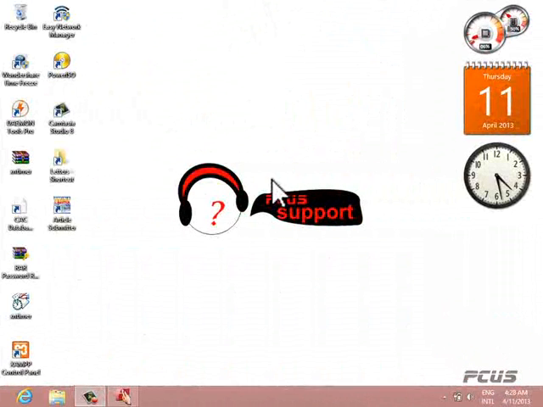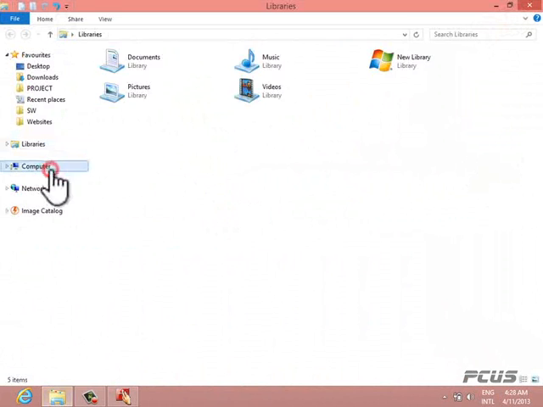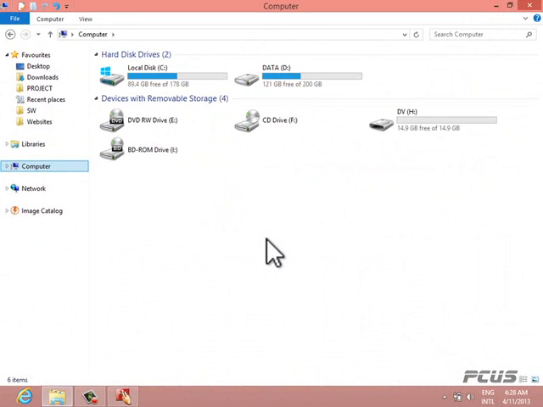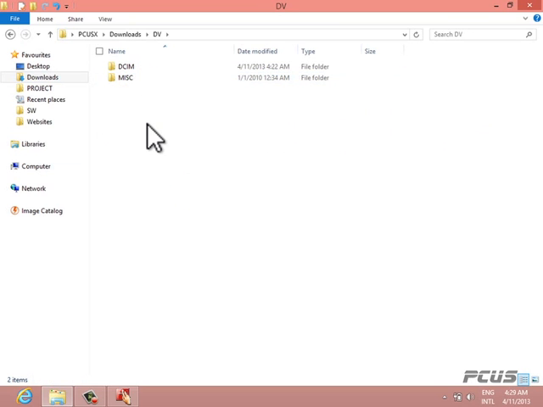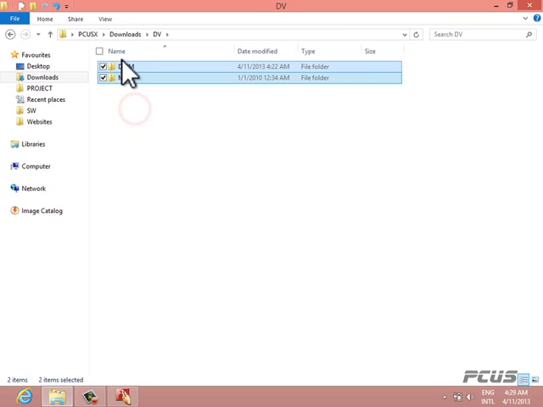Good. The first question I'm going to be asking you is, let me go to my computer. How do you copy your files? I want you to move a file from a drive to your PC. Example is when I have some files copied here. This is my DV. So when I did them,